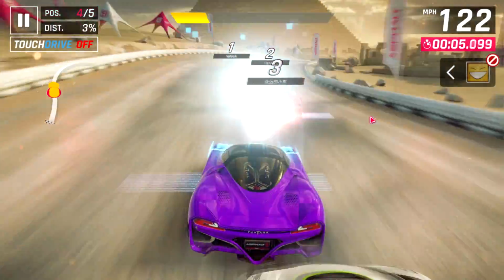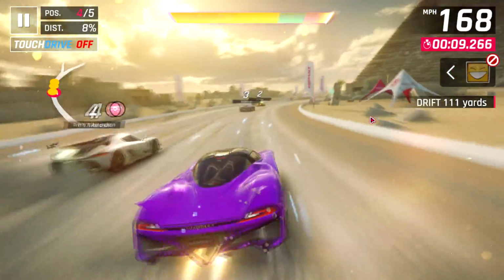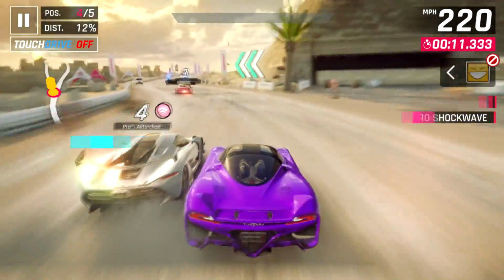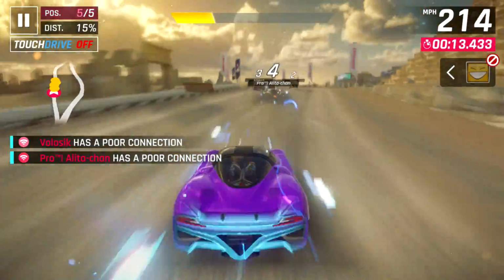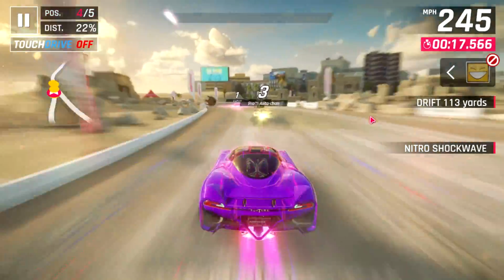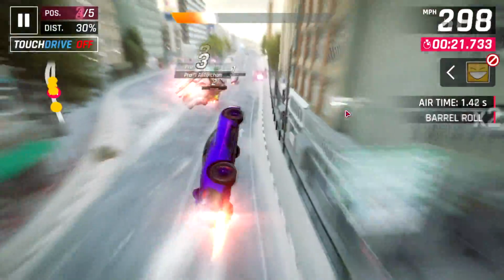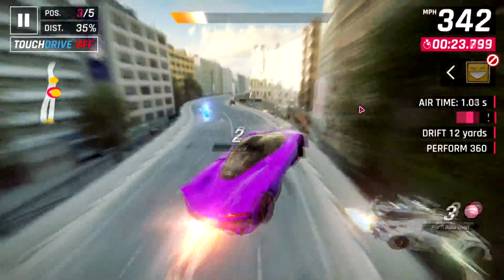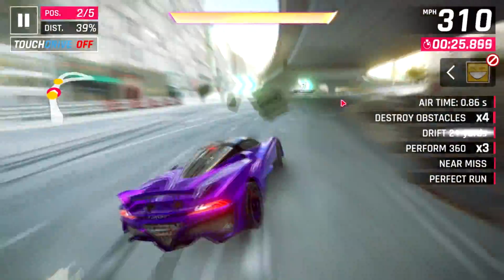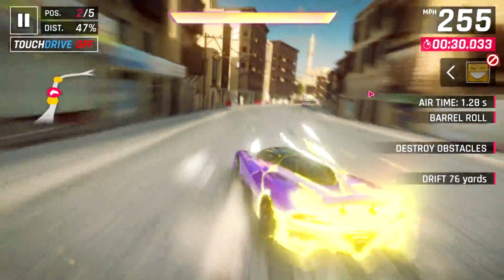And now we are facing a couple of Huracans, a Bugatti Chiron, and a Koenigsegg Jesko. Now at the beginning of this race, if you're in a car that has a very high top speed, it's best to drift at the first bit and then shockwave, then drift at the second bit and then shockwave. But as you can see here, because of this car's poor acceleration, I'm not able to catch up to them all that fast. Although now we've come into second place, we passed the Huracan, and we just have the Bugatti